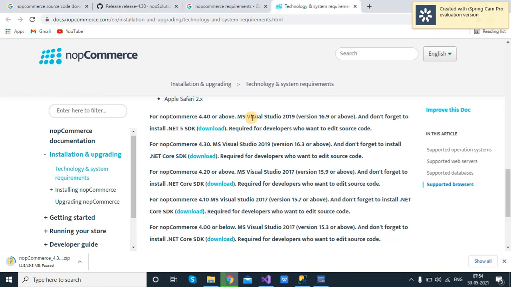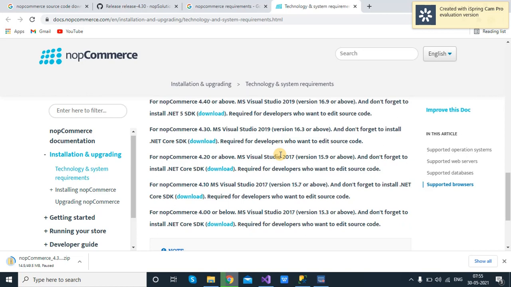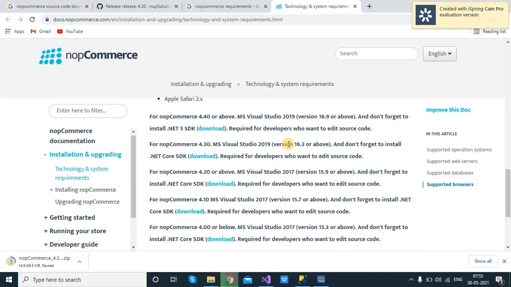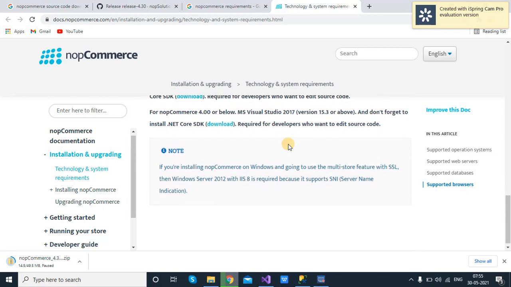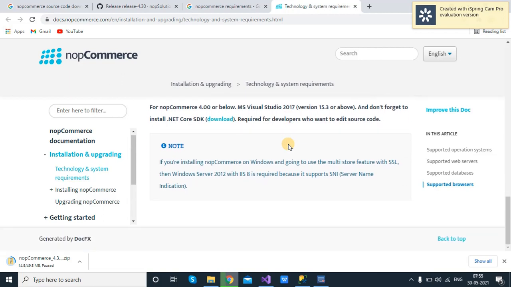It's also mentioned that 4.30 requires 2019. I have already created a video on which version you can download and how to go through it. You can also download the SDK. I have already downloaded it, so I am not going to download it. You have to download both the SDK and the runtime. Once you are done with the setup, restart your system and then start working on it.